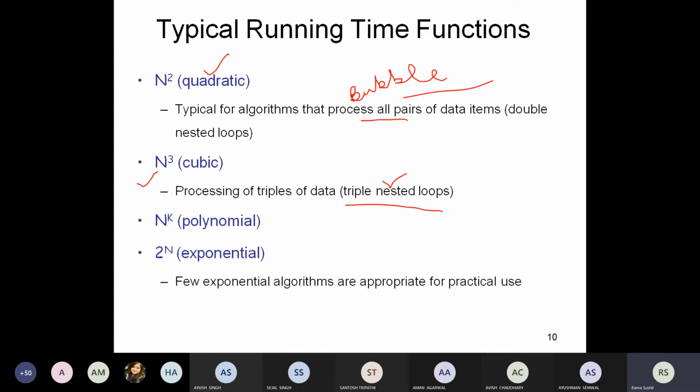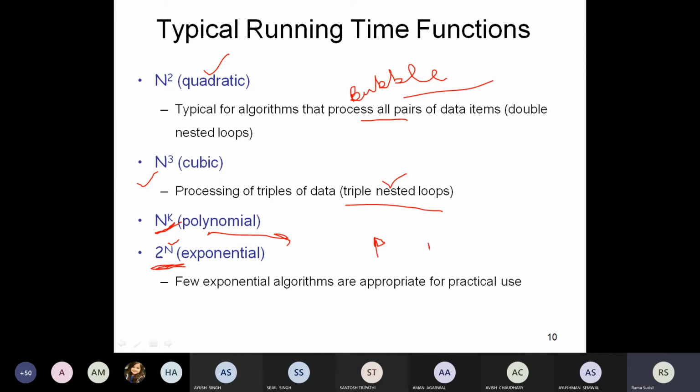Few exponential algorithms are appropriate. It is not described here. You will see automatically the kind of function where you will find n with some particular higher power. So few exponential algorithms are appropriate for practical use. Simply put, the time taken is much more because the algorithm is of exponential nature, meaning with a change in the size of n there is a drastic change in the time requirement, but even then the problem is unsolvable by any other method. So that's why the topic of discussion is